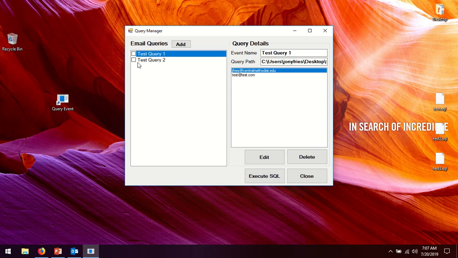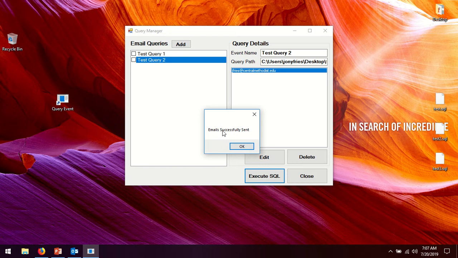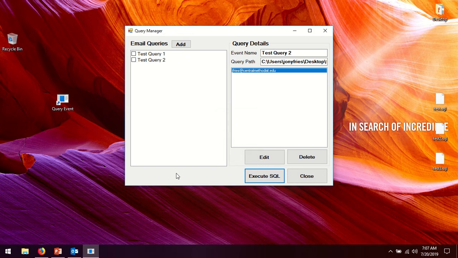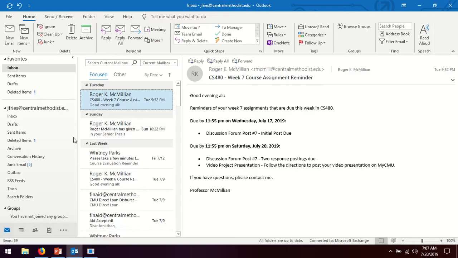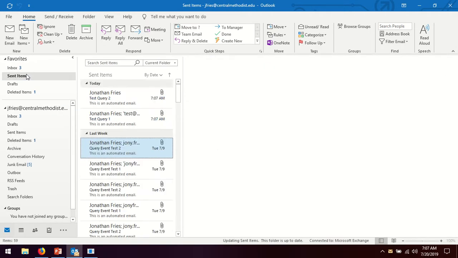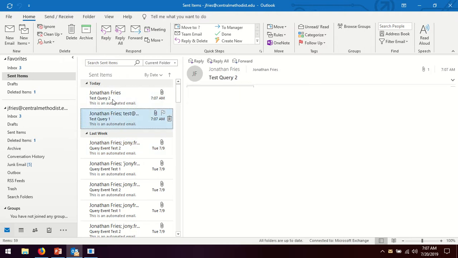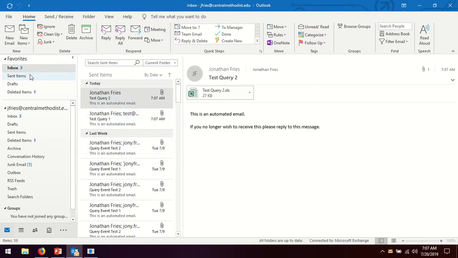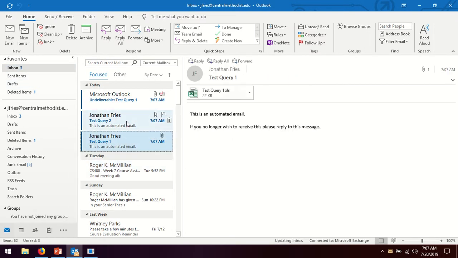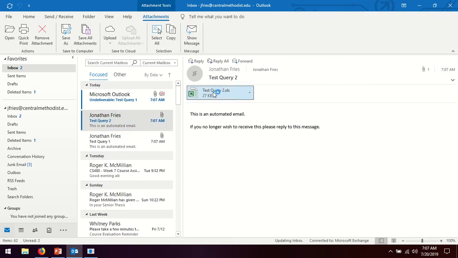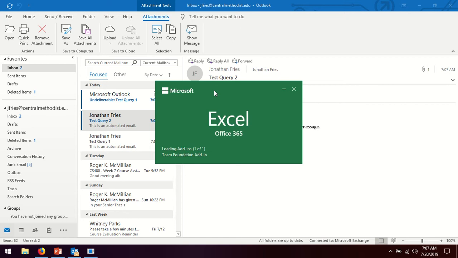So in order to run the queries, we're going to select the ones we want to run. You can select one or as many as you like, and you hit execute. It'll take a second here, and it'll report that the emails were sent. If we go to Outlook, we can see that they are here in the sent folder, and the emails did appropriately go out. If we go ahead and pull up these Excels that were generated by the software,